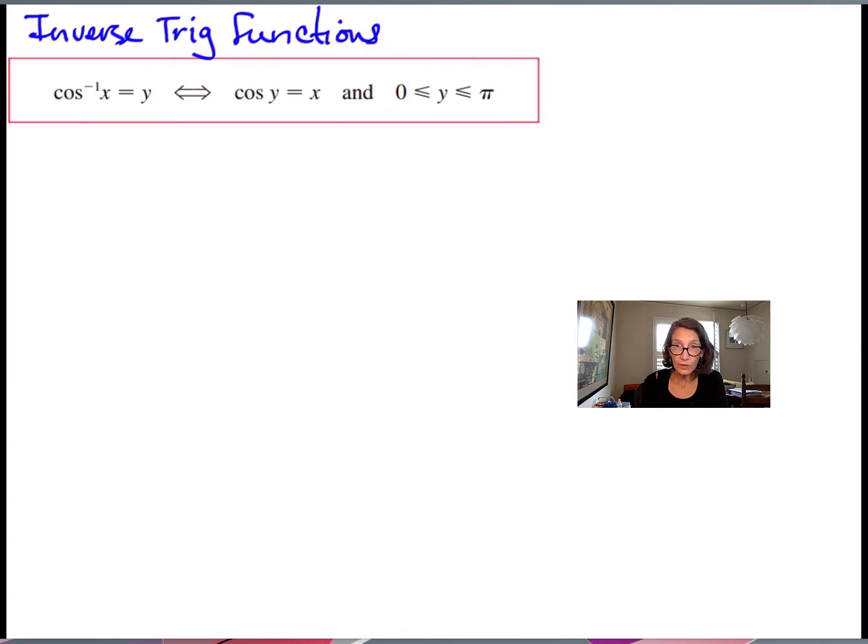y is between 0 and pi inclusive. So it could be equal to 0, could be equal to pi. So why do we have to have that restriction on y? Why can't we just say inverse cosine of x equals y means that cosine of y equals x? Well, remember, it has to be a function, so there has to be exactly one output for each input. And recall that the cosine function is periodic,